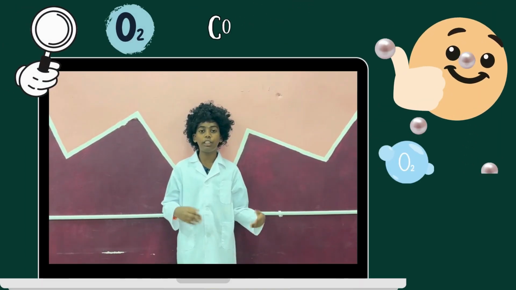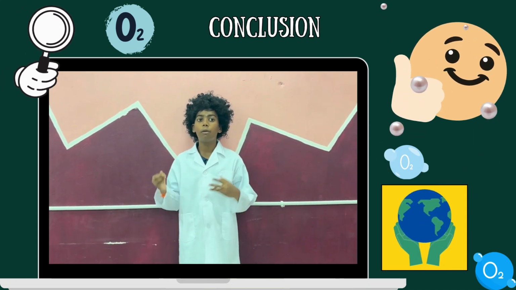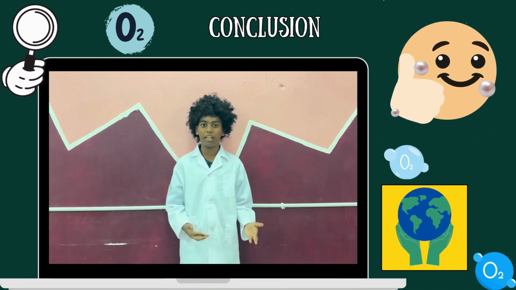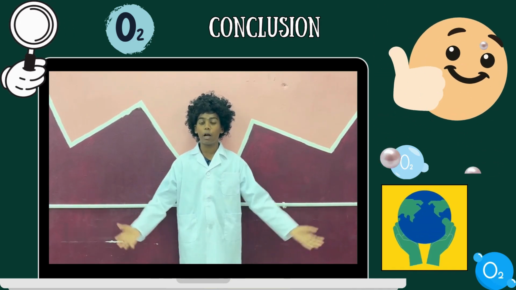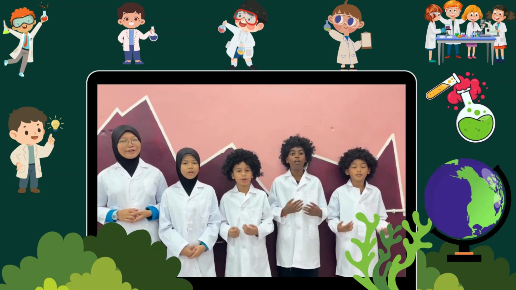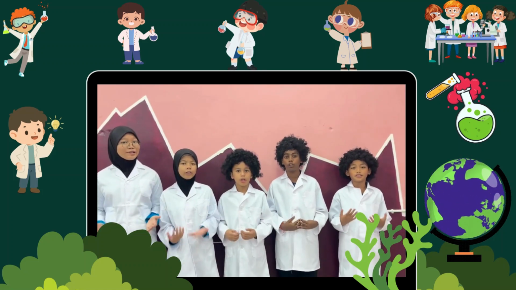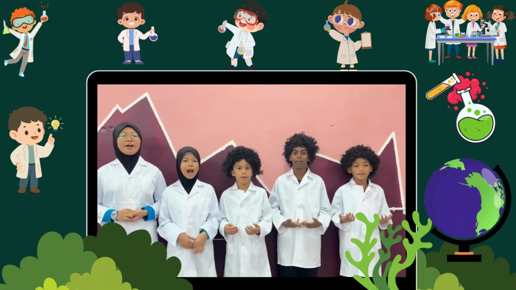Photosynthesis is great because it gives us oxygen. Algal blooms will stop plants from photosynthesizing and make the environment unhealthy. Let's work together and protect our planet. We hope you learned something cool today about photosynthesis and how we can help keep our water